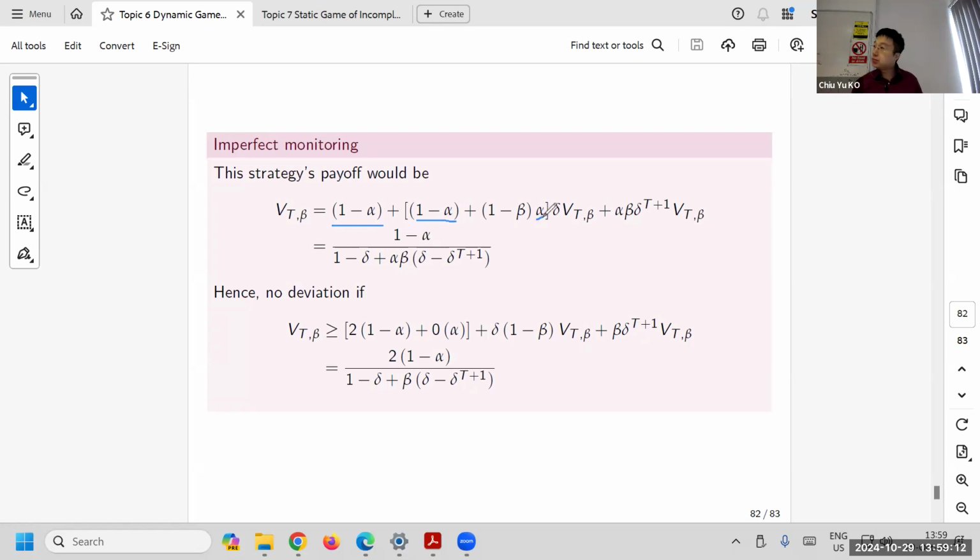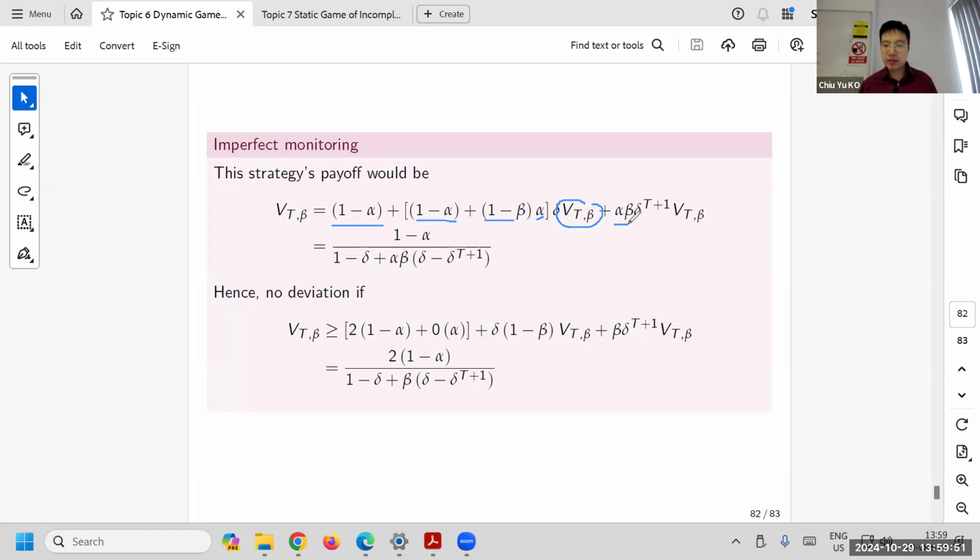But if it's a good time, it depends on the state, right? If the state continues, that means you continue with the same continuation payoff, which is continuing the same game, but discounted. It's just recursive, right? Because the game continues as this one, and you discount it back.